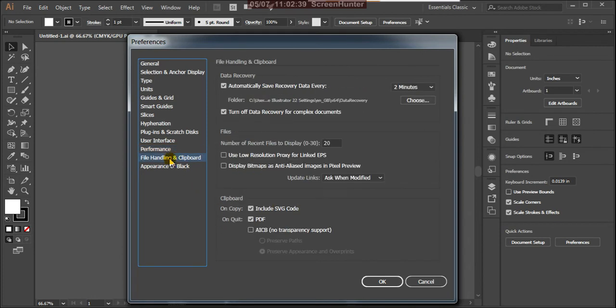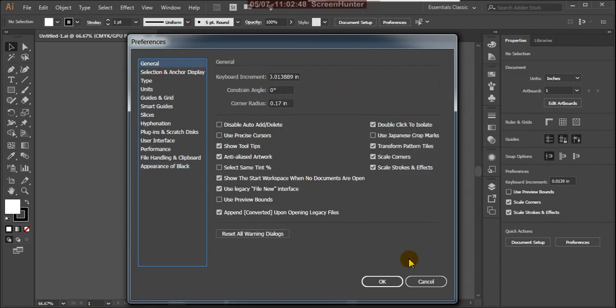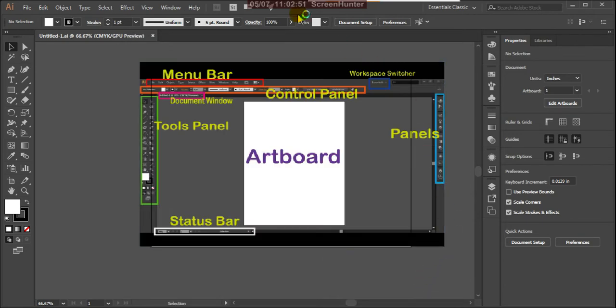So file handling and the clipboards, these are the settings for that. Appearance of black, so this is the color I'm using. Okay, just cancel it. The same way here there is